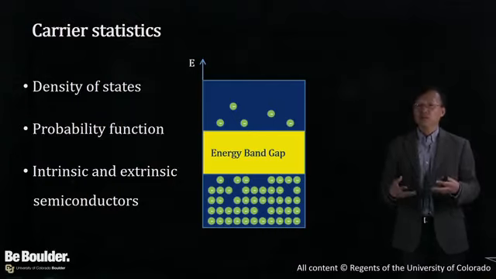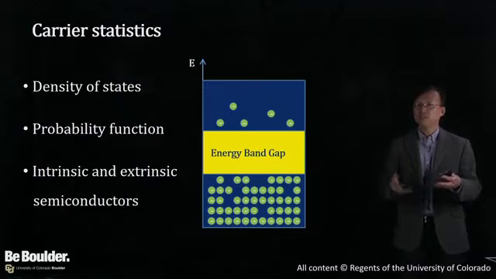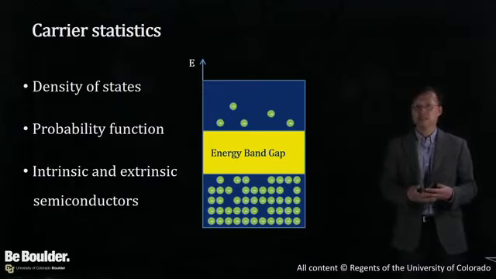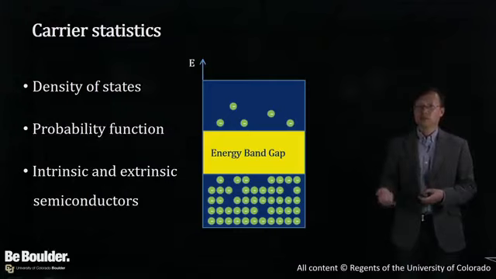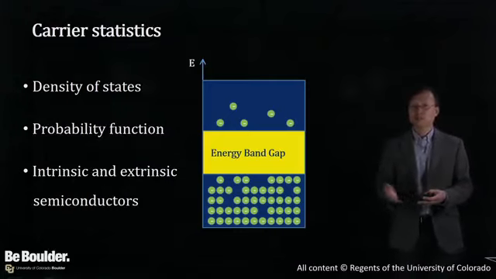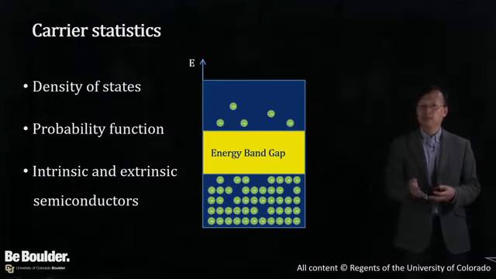And we will do so by first evaluating how many available states there are in each band, which is described by the density of states, and then the probability function that gives us the probability of finding an electron at a given energy. We will then discuss 2 types of semiconductors, first intrinsic or pure semiconductor, and then extrinsic, which